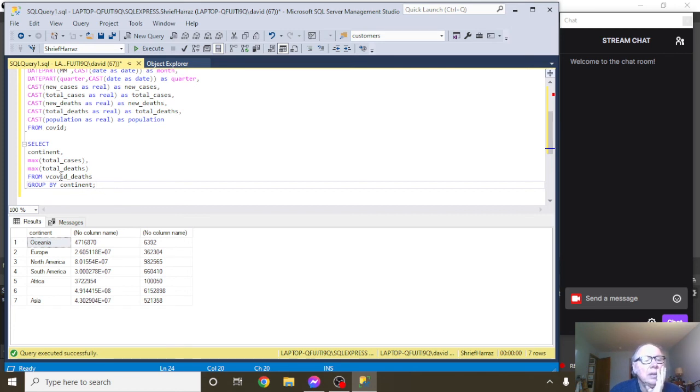Now, how else can we do this? Well, the last row for where it's a continent or country and the total cases, total deaths is going to be the maximum. Another thing is you could say sum equals. So it's not really necessary to say maximum this. What you can do is